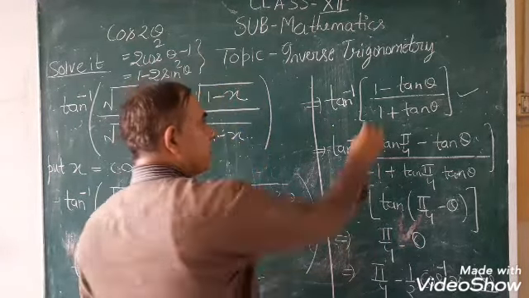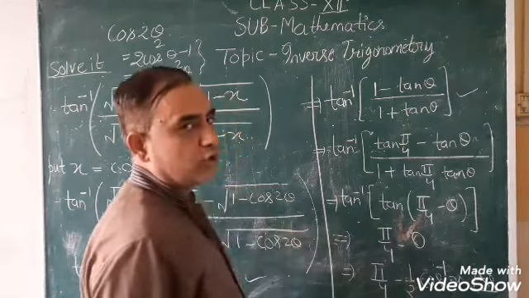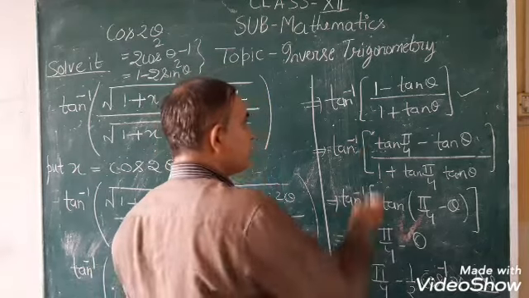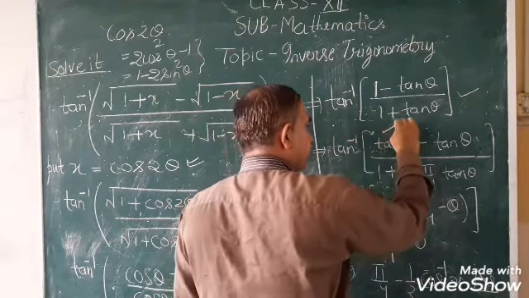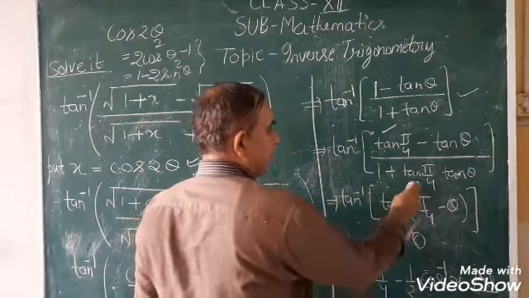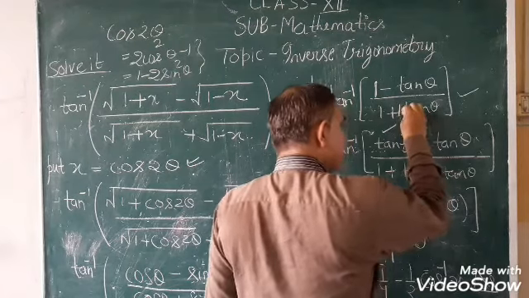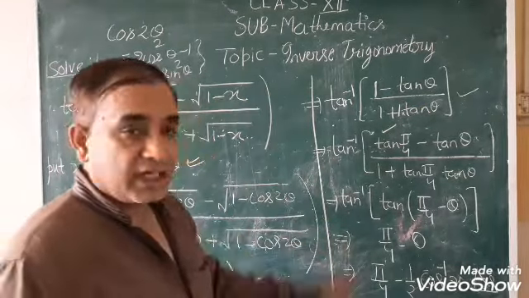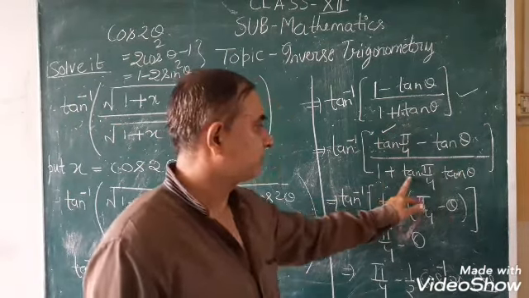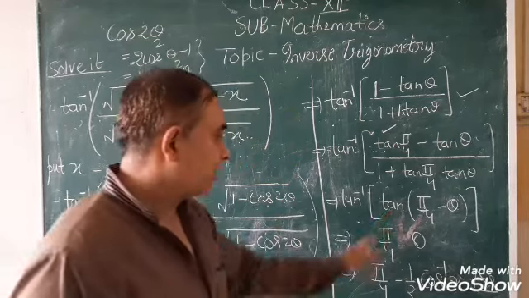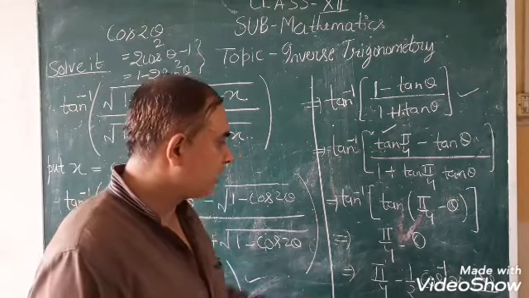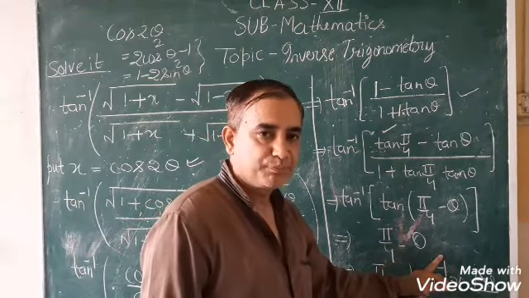So again, we can write 1 as the value of tan π/4, because tan π/4 is tan 45 degrees. So we put 1 here as tan π/4. Similarly, in the denominator, we again put π/4 here because we can write 1 multiplied by tan θ. So there is another formula which is (tan A minus tan B) upon (1 plus tan A tan B). So we can write tan(A − B) and tan inverse cancels out here and the remaining term will be π/4 minus θ.